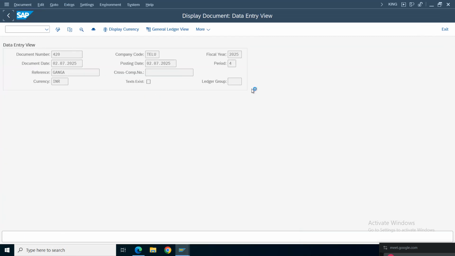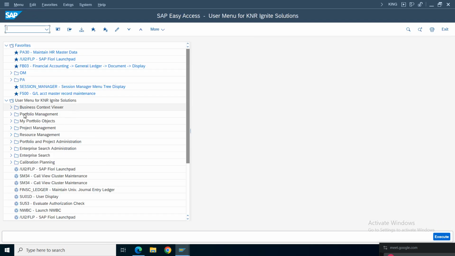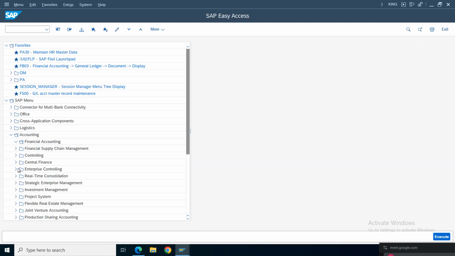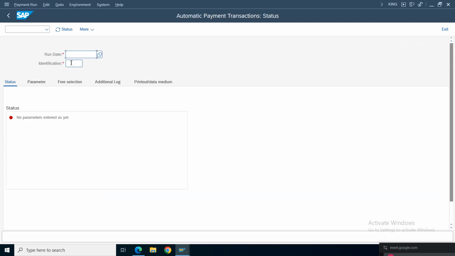Okay. What is the transaction code for executing the program? FBZP is the configuration, sir. Okay. And now accounting, financial accounting, accounts payable, document, periodic processing. See here, payments, F110. So run date, we can give today's date,